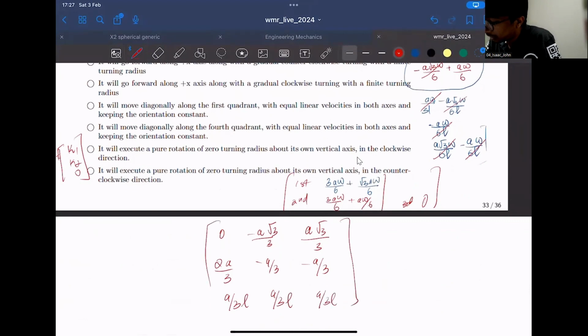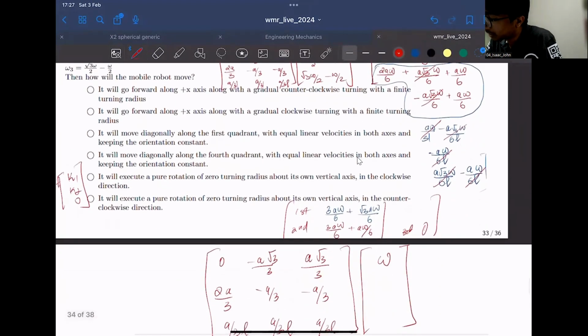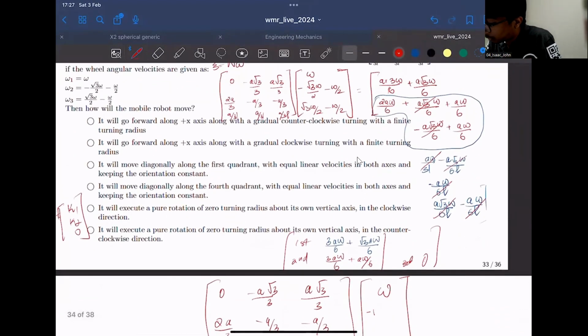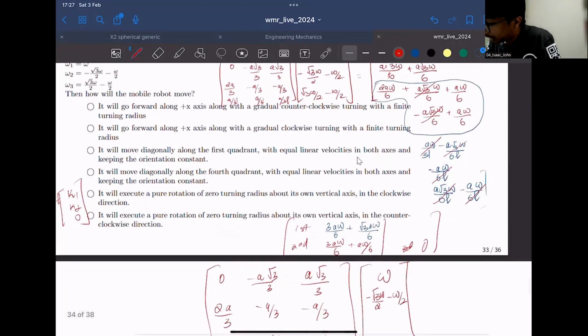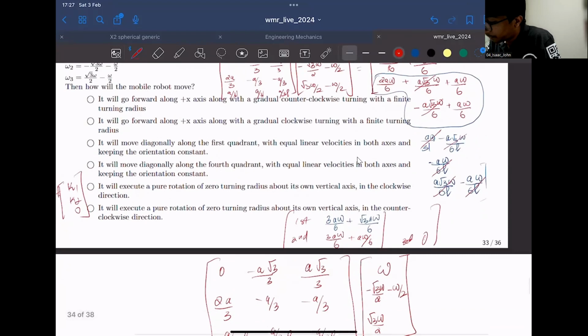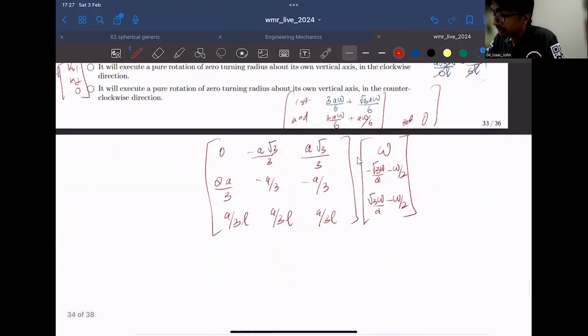Okay, so the first entry is omega, right? Then the second entry is what? What is the second entry? Minus root 3 omega by 2, minus omega by 2. The third entry is root 3 omega by 2, minus omega by 2. Okay, so just considering the first entry alone, 0 multiplied by omega is 0